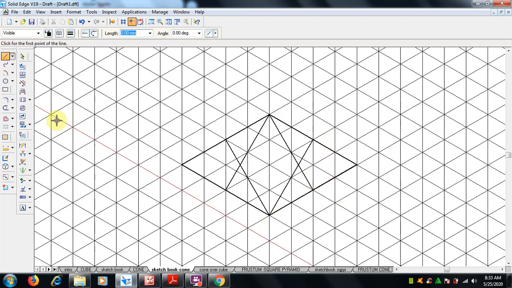Once this is done, then we have to go for arc by center point. Select arc by center point. So which is the radius here? Intersection point. Yes, this intersection point you select, and this is the radius. Draw up to this, and like this. Here you go, take your compass, keep it here. This is the radius, and make the arc.